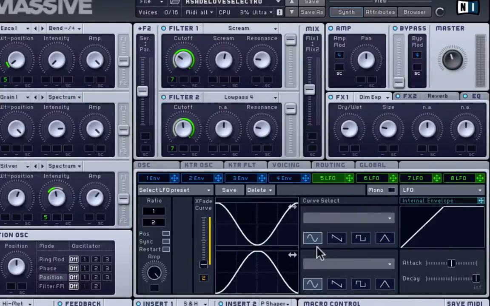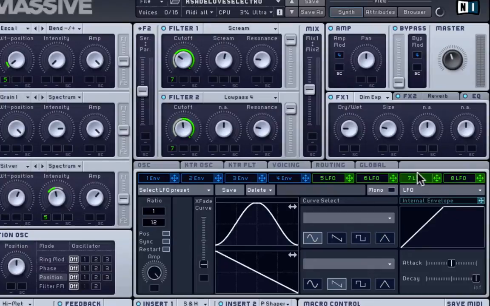That's kind of why I put the X fade curve right there where it is. But without it, of course, you could just have it like this or like that on the top. You know, it doesn't really matter. It's up to you. And then the rate is at 1.2. And let's see, LFO 7, because I didn't use 6, I just grabbed 7 and whatever. And this is at 112, and this is